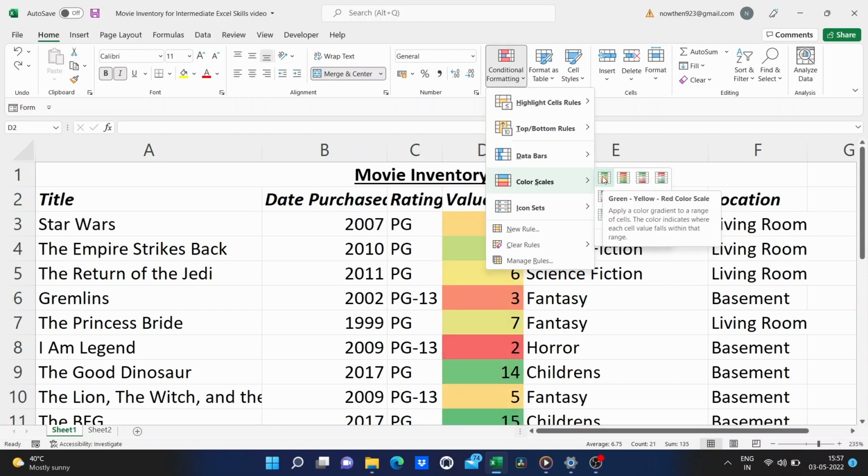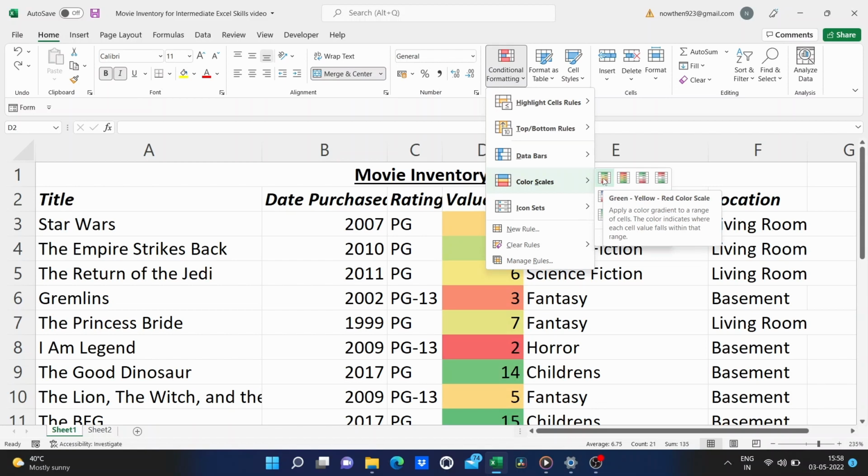It looks like it has green at the top and red at the bottom. So the idea is, the more green it is, the more valuable it is. The redder it is, the more worthless it is. If you want to reverse that, you can, and there are all of these other options as well with different color schemes. But I'm going to go with that first one.